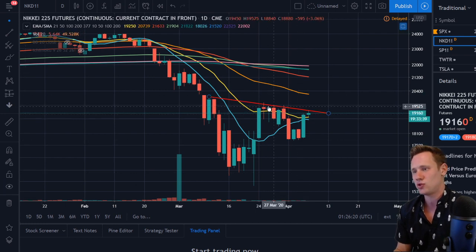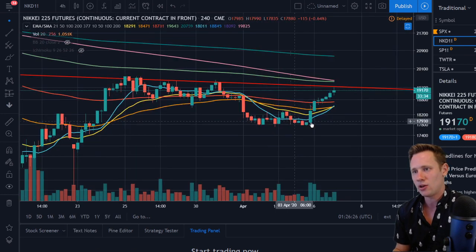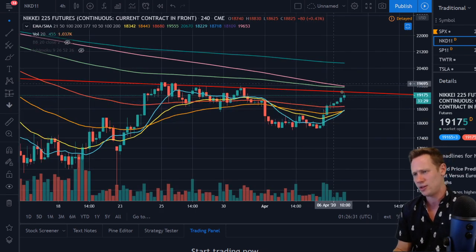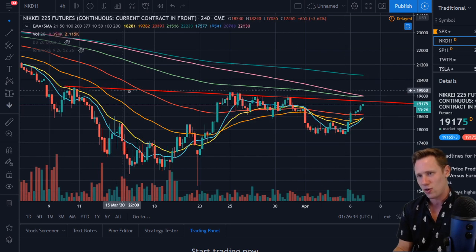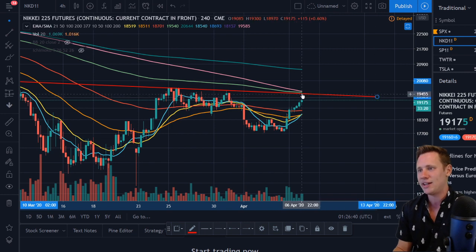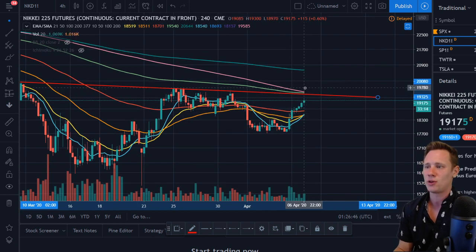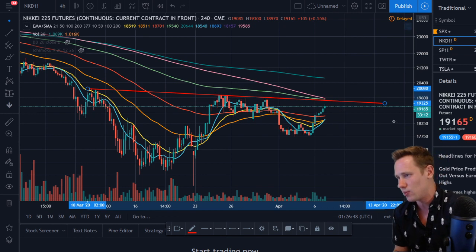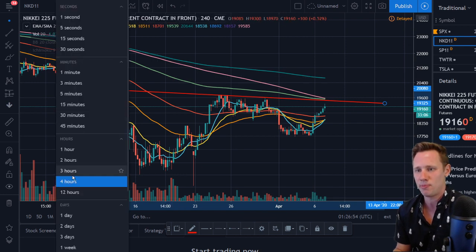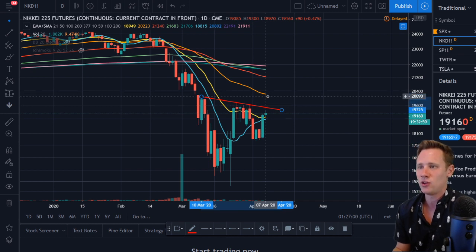If you can break that trend line resistance, let's go to the 4 hour. Closing above here on a 4 hour, I can see the green 200 EMAs are right in that zone also. This diagonal that I have drawn, and I could probably adjust it to something like that, is lining up exactly with the 200 EMA and 200 simple. So I would say a 4 hour close above that, and we're at what, 19,000. This target 377 is at 20,600. Going back to the daily, if you're super bullish and you close above that, you're looking at